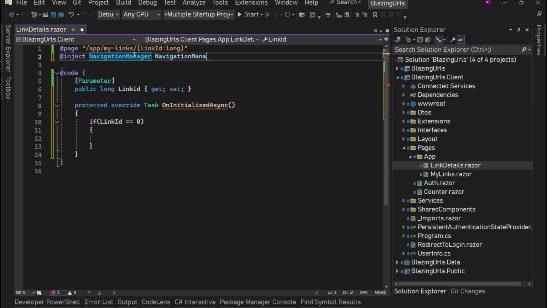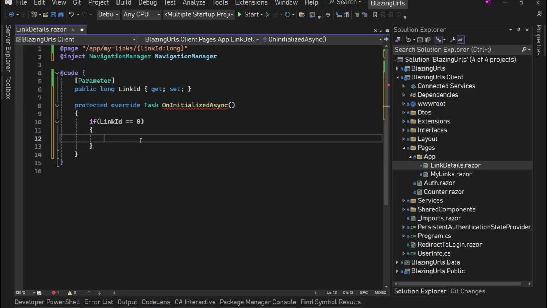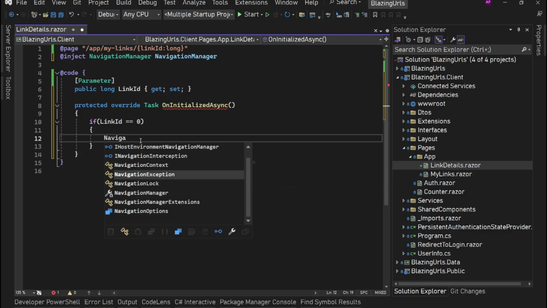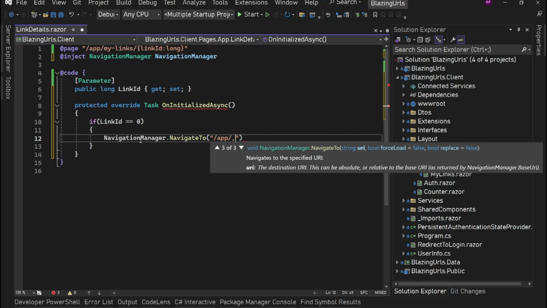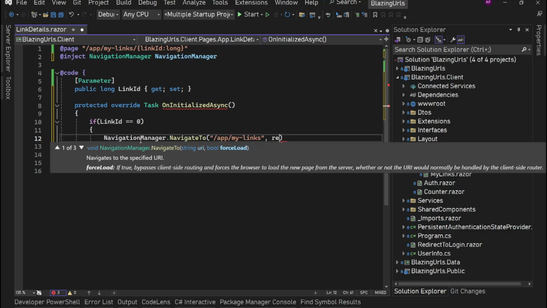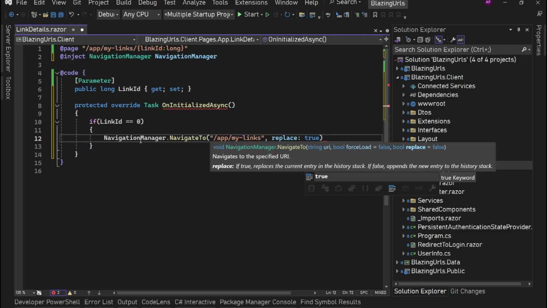We'll call it navigation manager only, and then if link is equals 0, we'll say navigation manager dot navigate to slash app slash my links, and here we'll say force load and replace. So we'll set replace to true. That means we are telling the browser to replace this current URL, that means remove this URL from the browser history, because this URL is invalid. This should not be there in the history. If you press back button, it should not come to this page because